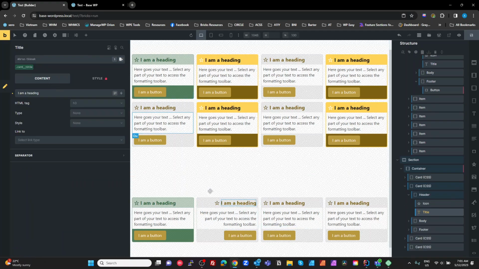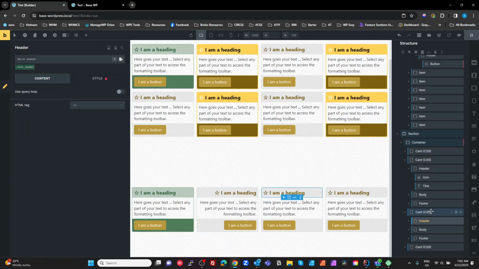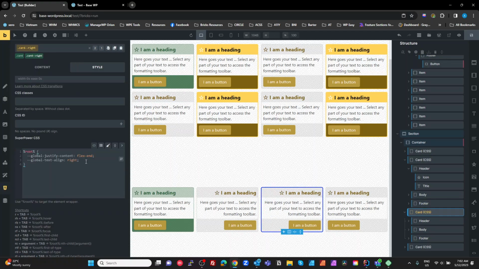I'm just going to grab those variables from there. It's from our modifier here. It's our modifier, just grab that, go to this one here. It's our card right. And we're going to make that, what do we make this one? Flex